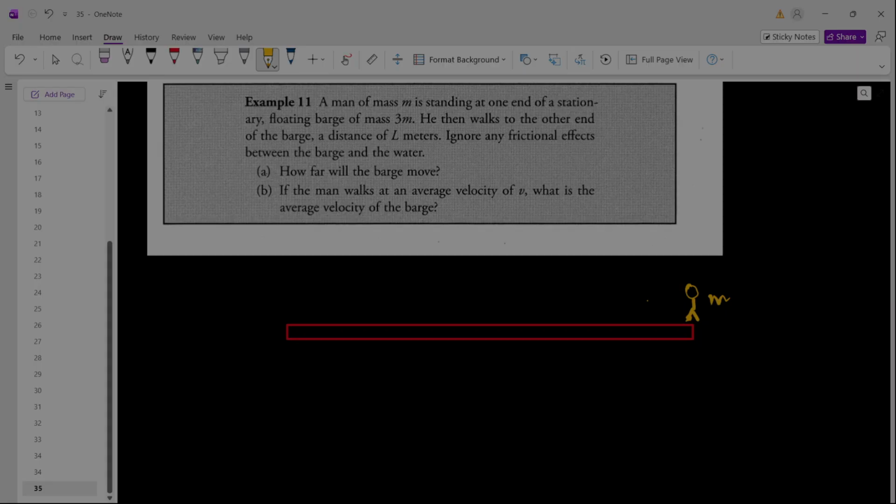Mass of the barge is 3m. And then the center of mass of the barge will be at the very center here, right? So this is 3m, and then the length of the barge is capital L,